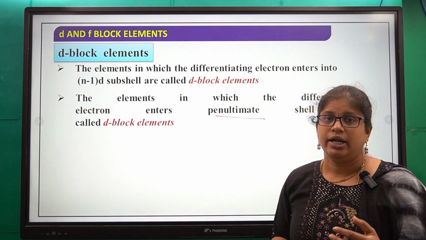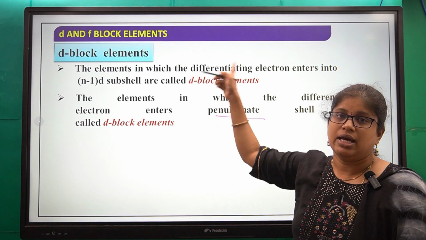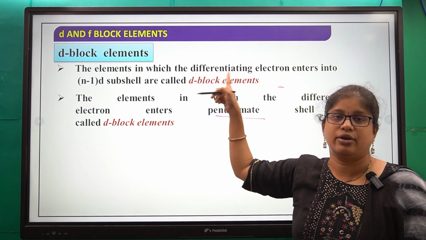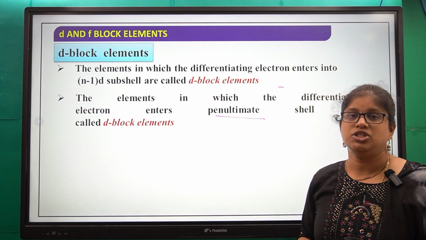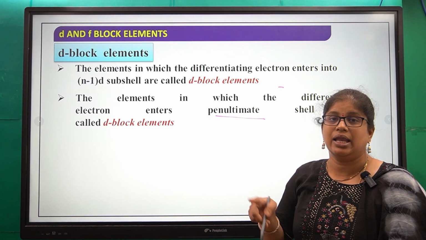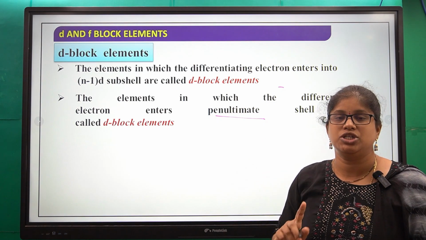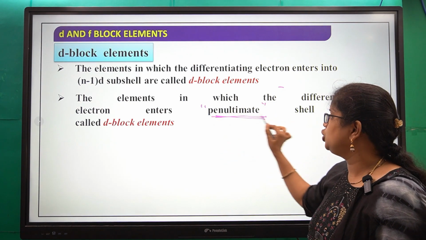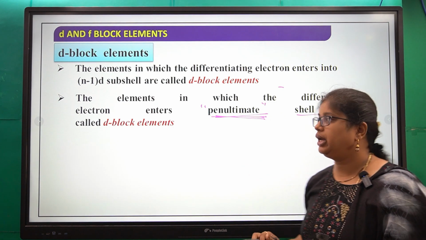We are saying that D block elements have many definitions, right? The first one is the elements in which the differentiating electron enters into the N minus 1 D subshell are called D block elements. And the elements in which the electron enters into the penultimate shell. Penultimate means inner shell; from the outermost, the second shell is called the penultimate shell. So the elements in which the electron enters into the penultimate shell are also called D block elements. Okay, next,